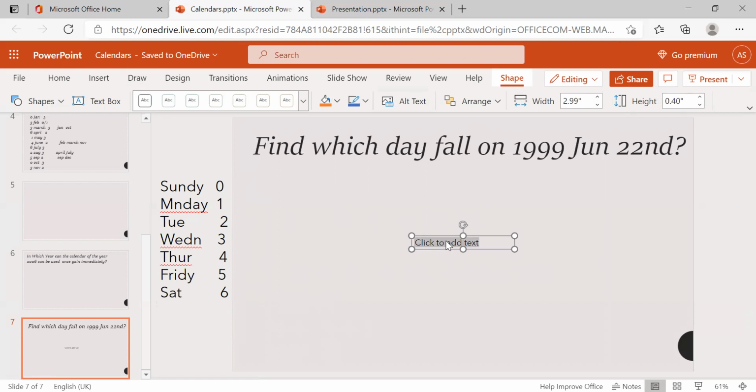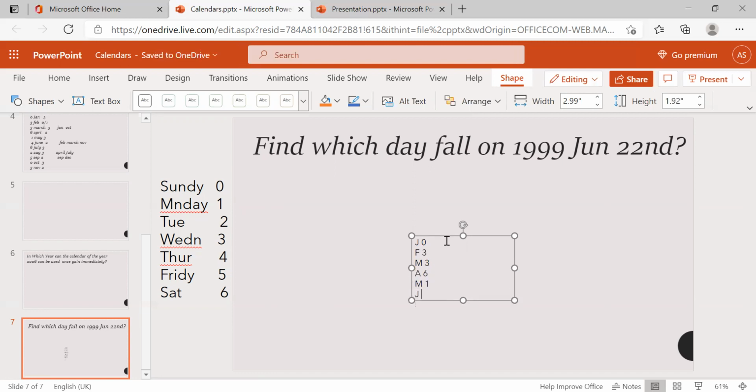And I have month codes. Jan is 0. February is 3. March is 3. April is 6. May is 1.